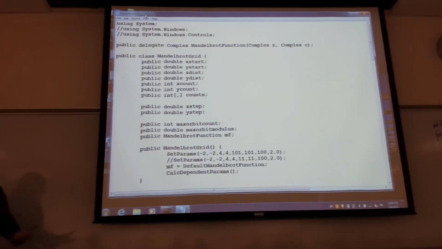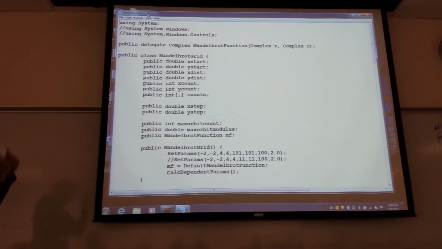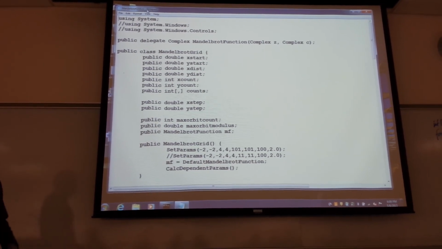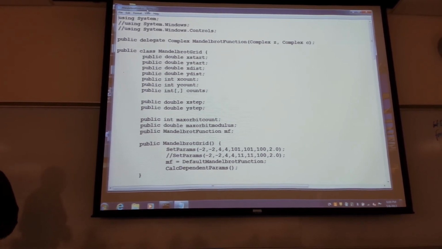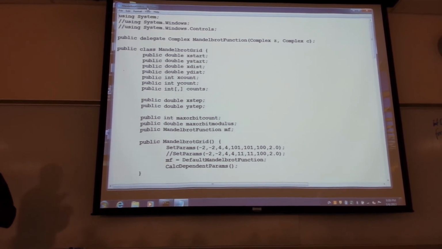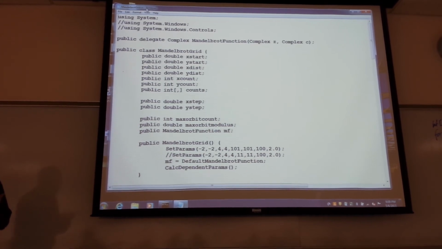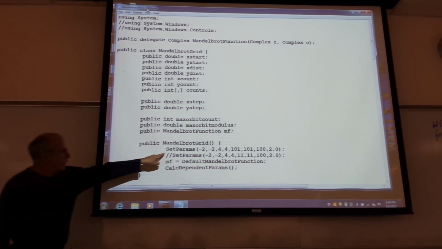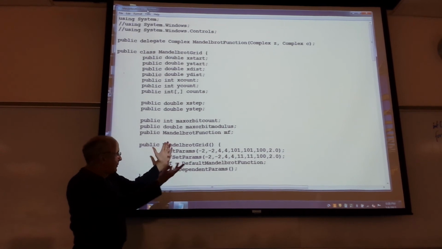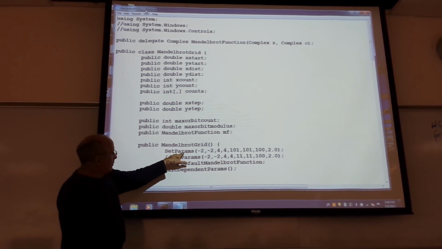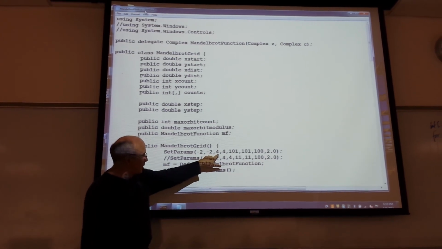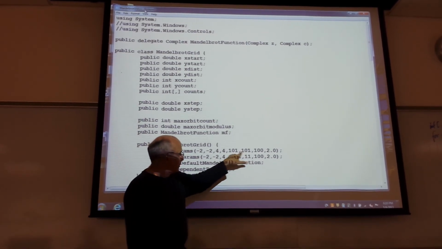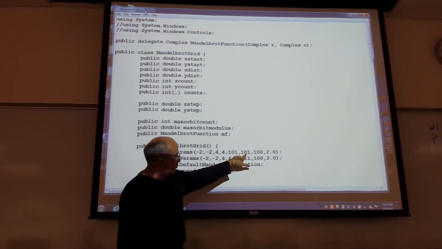It was just my suggestion that you define this grid using those parameters, because you want to keep track of them all together as a unit. And if you change one item, you don't want to get lost as to where you are, right? And so I have this method, you can organize it however, set params, where I give the starting point for the x and the y, the width and the height, the number of columns, the number of rows, or this number